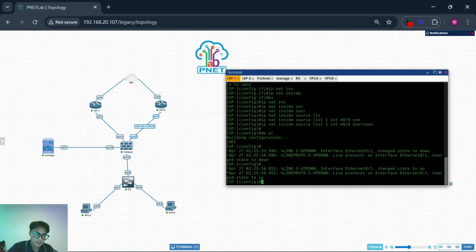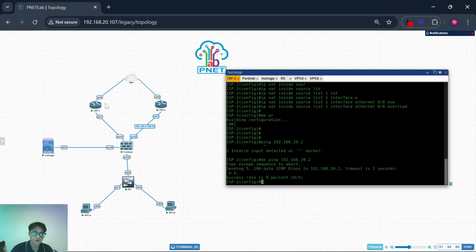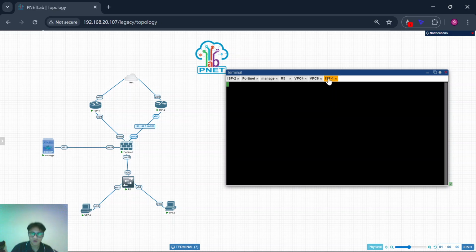Okay, Fortinet FortiGate. First, we use a network from all. ISP1 and ISP2 are for failover to connect the network. With a nice topology, if one dies, it will go back to another way.